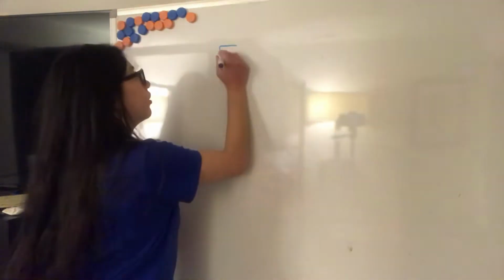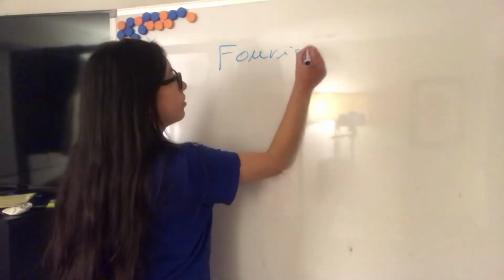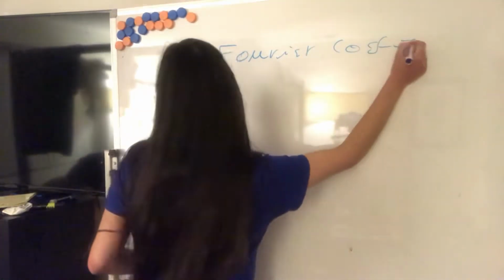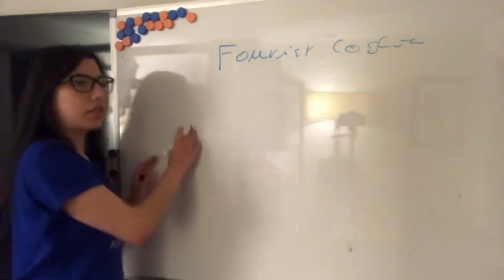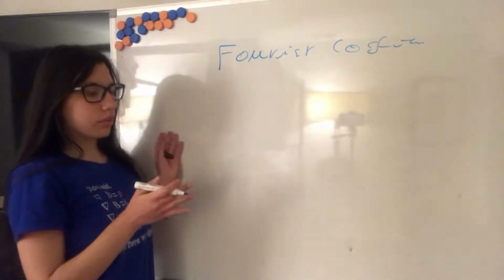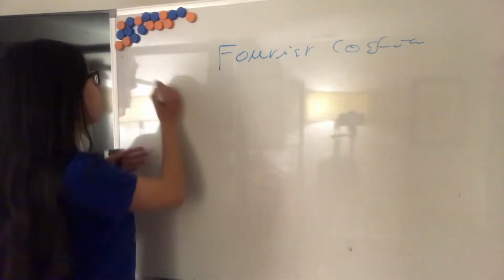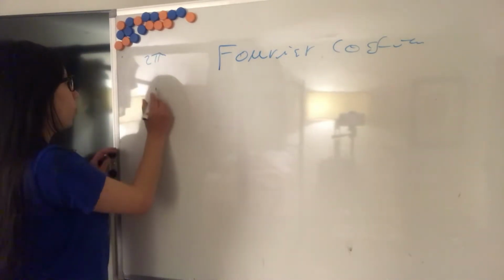To derive the formula for the Fourier coefficients in the Fourier series. So we have the Fourier series for a function that has period of 2 pi is